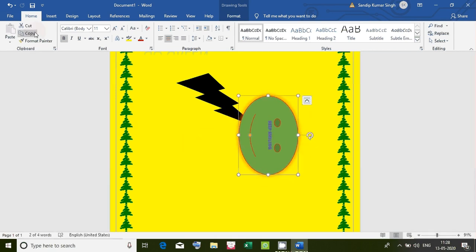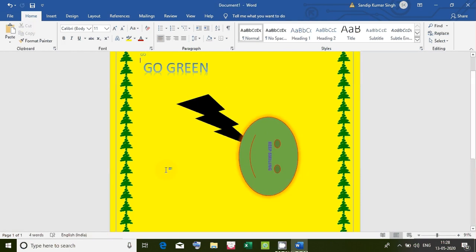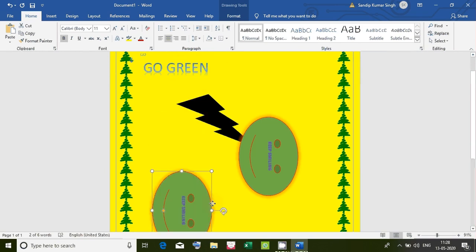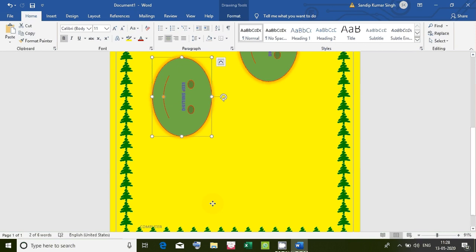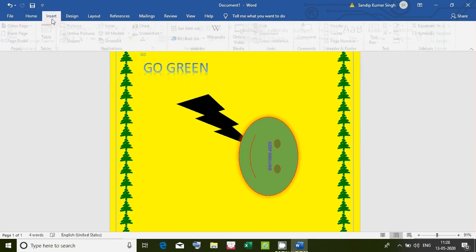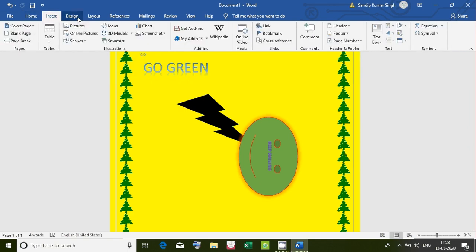Once you have selected a picture, you can copy it. You take your mouse anywhere and you paste. So you get another picture of the same. If you get 4 arrows like this, you can move the picture anywhere on the screen like this. If you want to cut, simply go cut. Picture is cut. So these are some common things that we can do in Word, and that makes our page look beautiful.